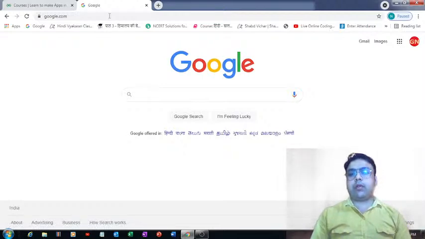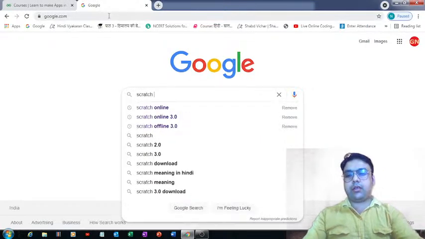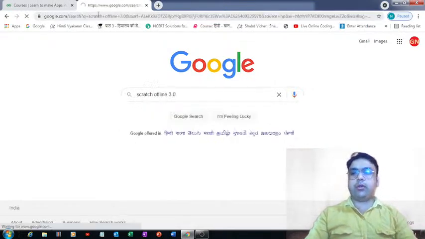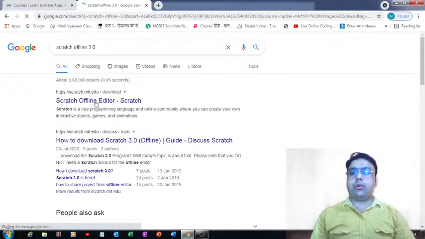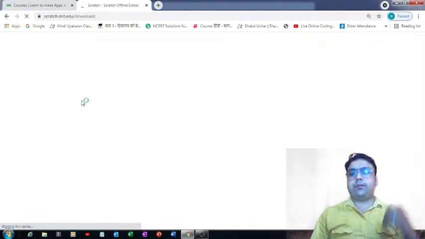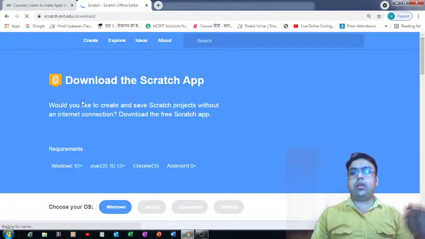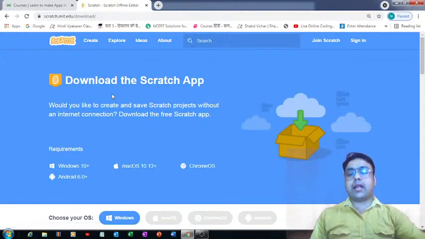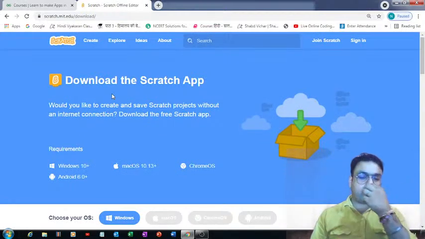The students who are new, I would like to tell them again that there are two versions of Scratch. If you want to download Scratch offline on your respective device, you can do that. Just type Scratch offline 3.0 and it will redirect you to a web page where, right on the top, you will see the hyperlink through which you can get redirected to a web page where you'll see all the options from which you can download the required Scratch exe file, or the Scratch installer.